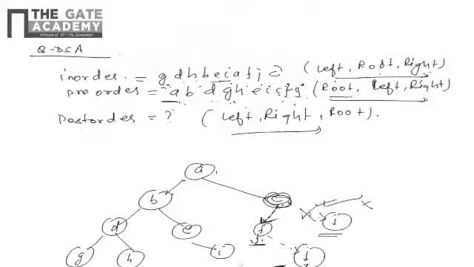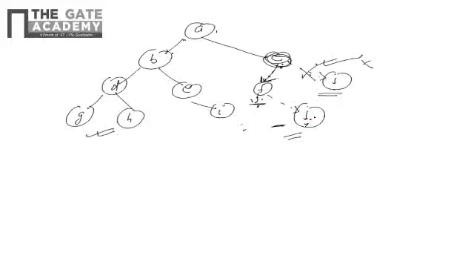Now check the pre-order traversal. The pre-order traversal will be C F J: root, left, no right here, and here the right is there, so we go to this right. So this will be the final one. The other is wrong, don't consider this part. This is the final tree, and from this we have to find out the post-order value.